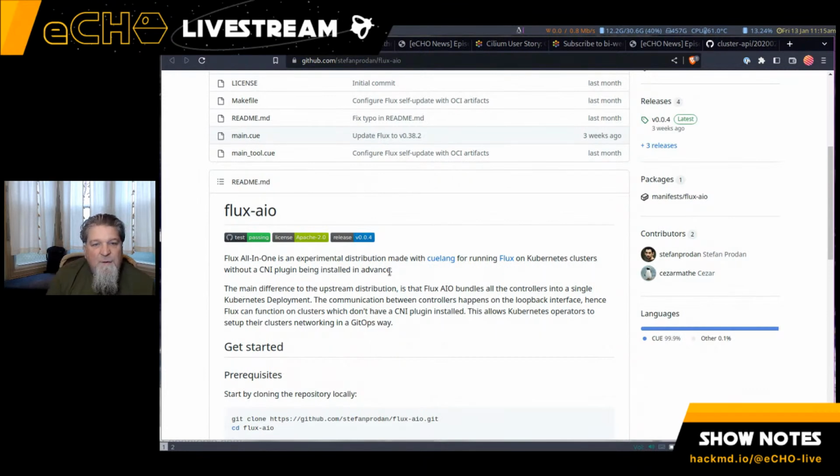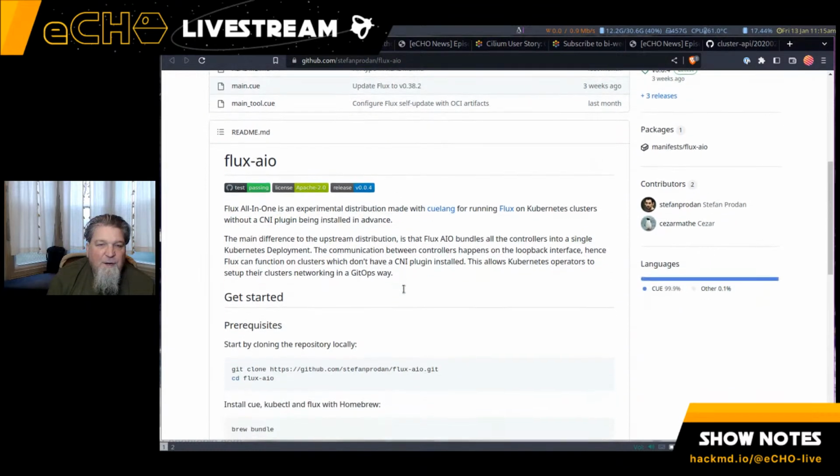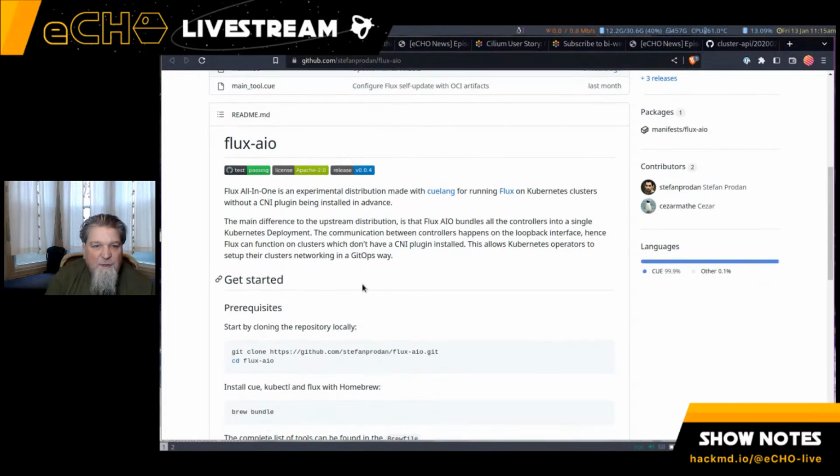It is an experimental distribution made with Qlang for running Flux on Kubernetes clusters without a CNI plugin being installed in advance. The main difference to the upstream distribution is that Flux AIO bundles all of the controllers into a single Kubernetes deployment. The communication between controllers happens on the loopback interface. Hence, Flux can function on clusters that don't have a CNI plugin installed. This allows Kubernetes operators to set up their cluster networking using it in a GitOps way,